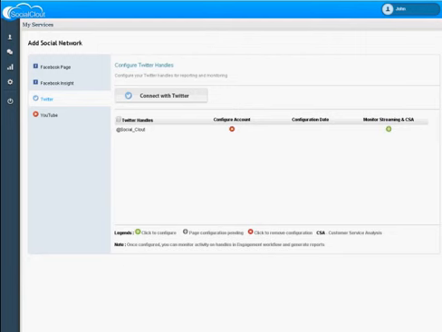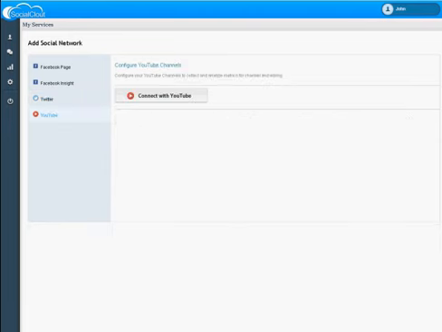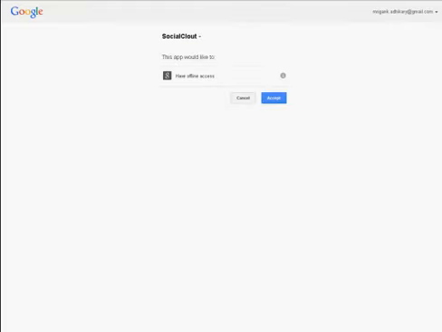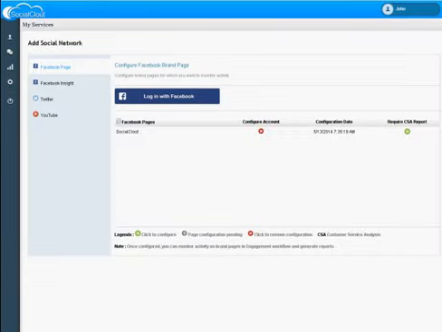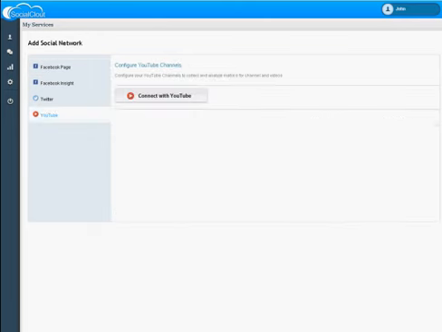You can go ahead and configure the handle by clicking on the configure account button. Configuring your account will allow you to generate the Twitter account report. If you want to monitor your Twitter handle activity in the engagement workflow and also want to generate the customer service analytics report, you will have to configure using the monitor streaming and CSA button next to the configure account button. As I mentioned earlier, you can learn about the engagement workflow and reporting in our other videos.